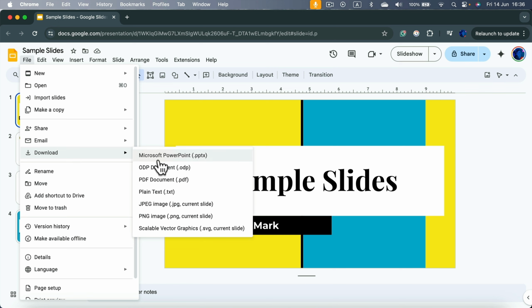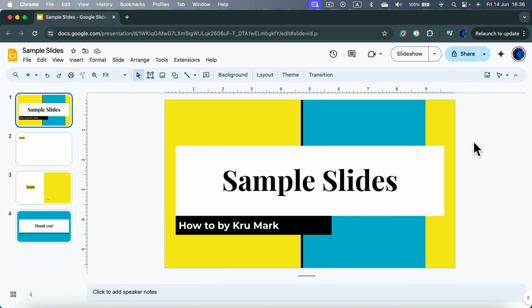Don't forget to double check if you plan to download this as Microsoft PowerPoint. Always check for changes between those two different formats. Something may move, something may change. Also, you should consider simply sharing a link to your slideshow. So if the person has access to the internet, it's way easier to simply share a link than to send